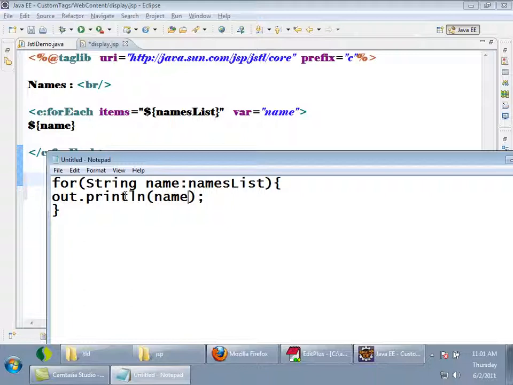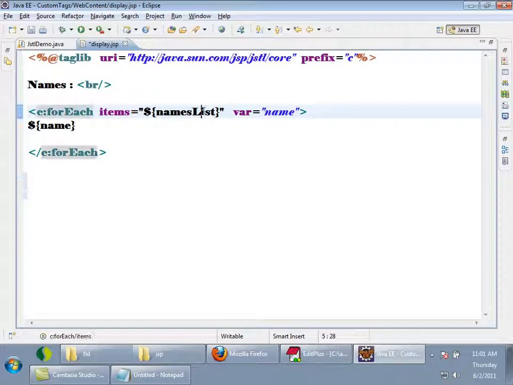See, what is the meaning of this loop? For the first time in the loop, name will be pointing to the first element of the list. Second time in the loop, name will be pointing to the second element. Like this until the end of the loop, until the length of this list, it will be iterating over the loop, right? Similarly here, c:forEach.